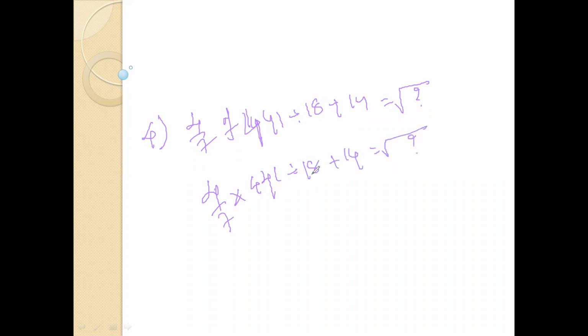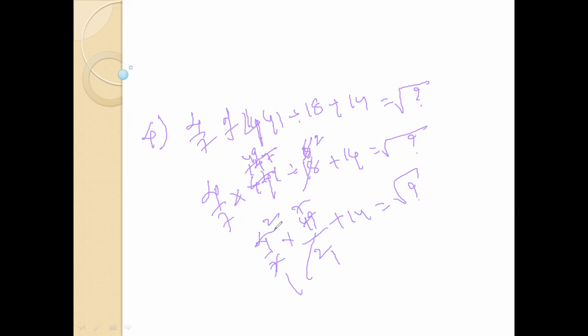So first we make the division. 441 divided by 18: 3 into 6, 3 into 4, 12, carry 2, 121 3 times 7. Again 3 3 times 2, 3 4 times 12, 3 9 times. So 4 by 7 into 49 by 2 plus 14 equals square root of question mark. 7 1 time 7, 7 7 times 49, 2 1 time 2, 2 2 times 14. 2 7 times 14. 14 plus 14 is 28, equals square root of question mark.